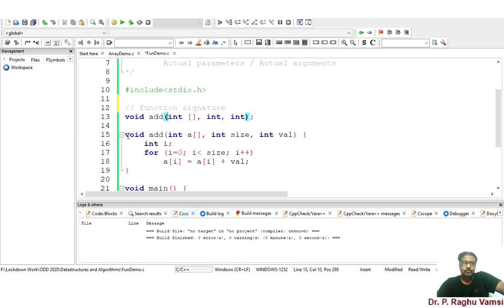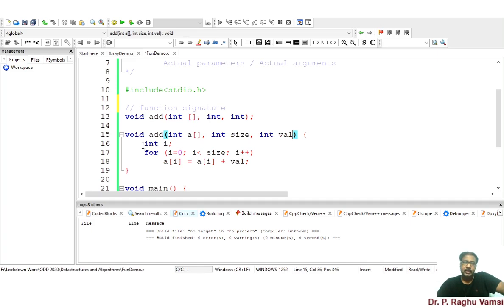Now void add of int a. So here this is an array. Here I am not mentioning any size. No need to mention the size, but you give the size as a parameter in the same function. Next one is the int val. That is the value I want to supply to this function, so that this value will be added to every element in the given array.